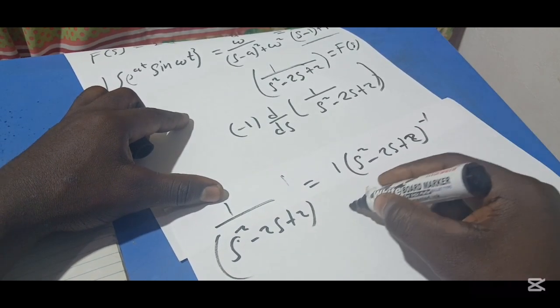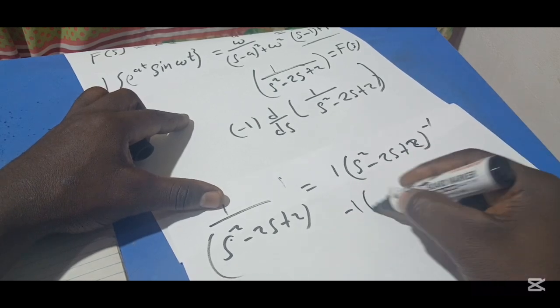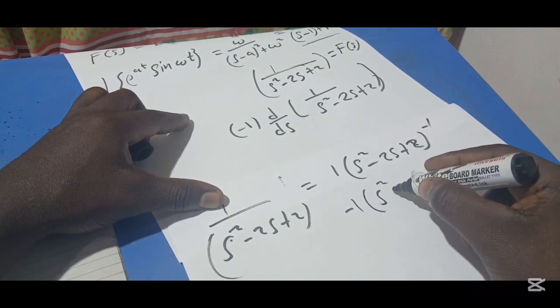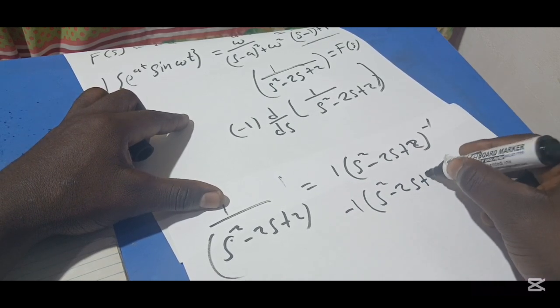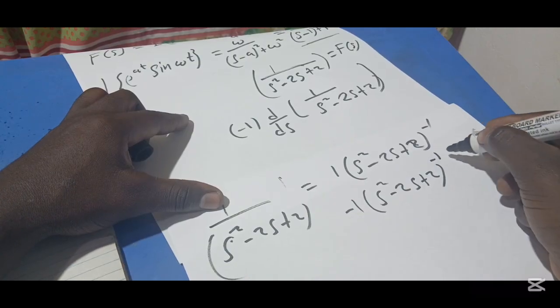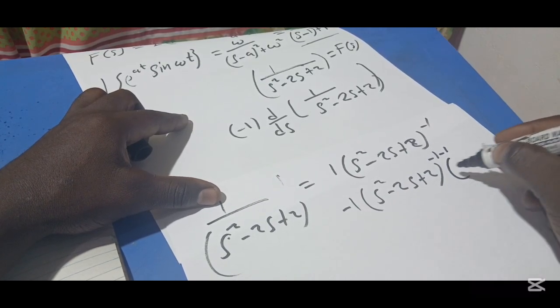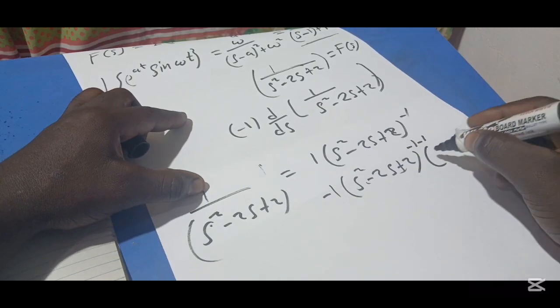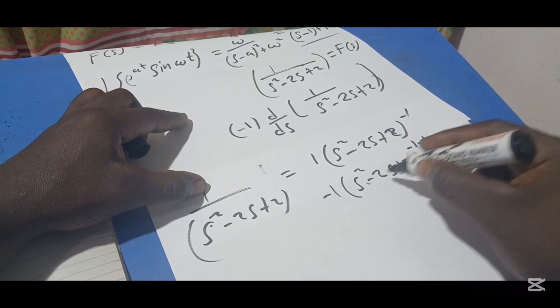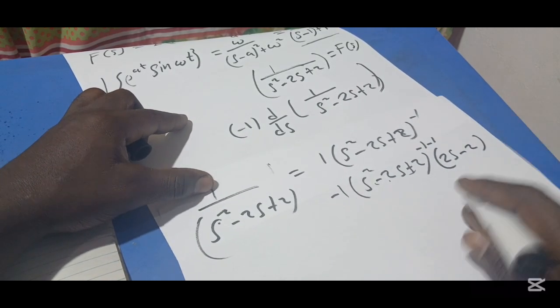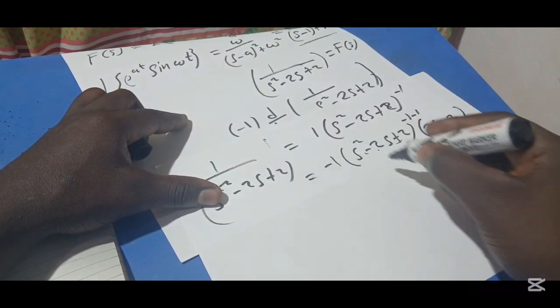So I just bring my power minus 1 here, and I'll write whatever is here, s squared minus 2s plus 2, to the power minus 1 minus 1, and this time the power will decrease by 1. Then I'll just differentiate whatever is inside the bracket. So 2s minus 2, right? So at the end of the day, I'm going to get